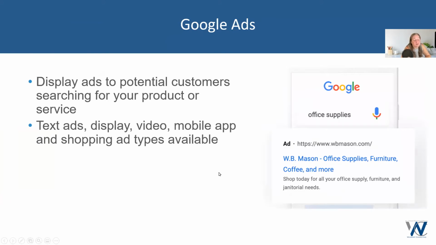All right, let's talk about Google Ads. And this is actually where you can advertise. So you're displaying ads to potential customers for your product or your services. This example here is a text ad. The example on the page before was display. You can also do video. If you have a mobile app, you can advertise for that, for downloads. And then there's also shopping, where it's an image of the product, the title, and the price, for instance, through